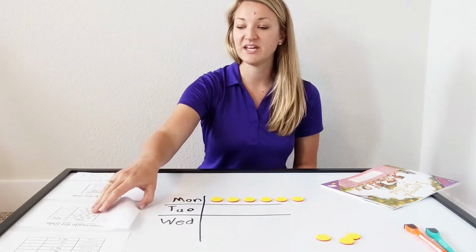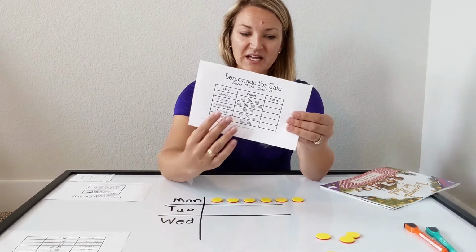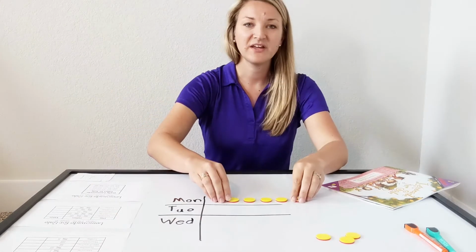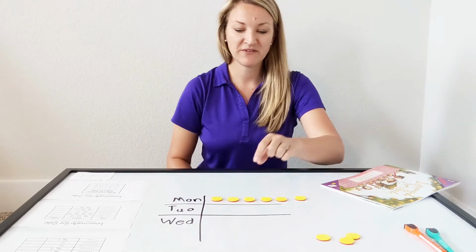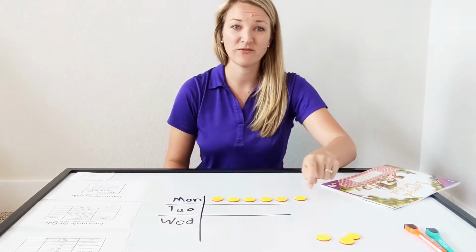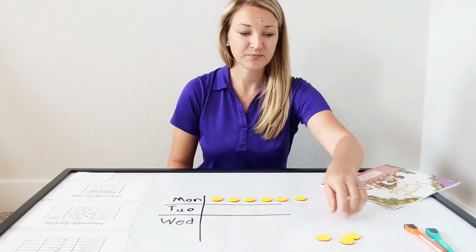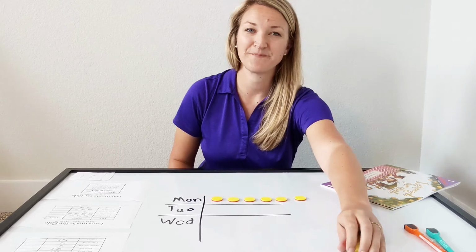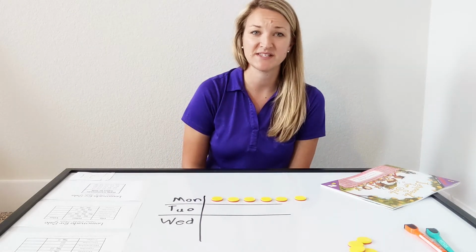Now for second and third grade, obviously they have quite a few more tallies. What students will notice is that they only have a certain number of yellow circles. If they try to put one yellow circle for every cup of lemonade, they're very quickly going to run out of circles. We want them to run into that issue because it gives us the opportunity to discuss a more efficient way